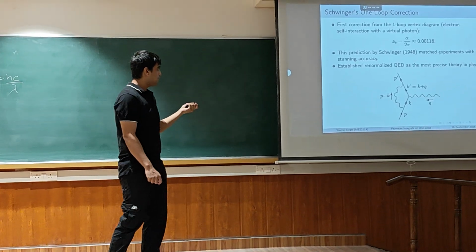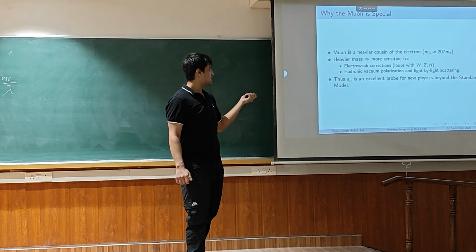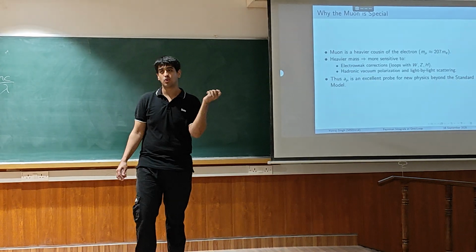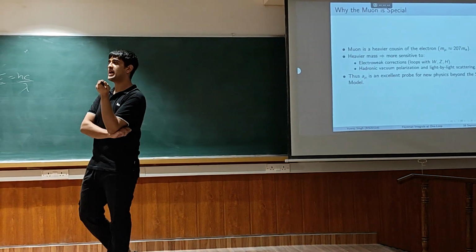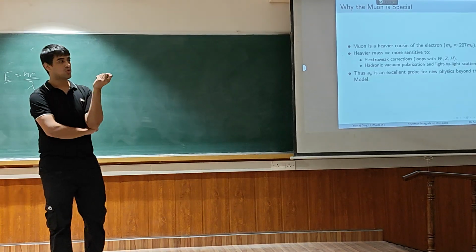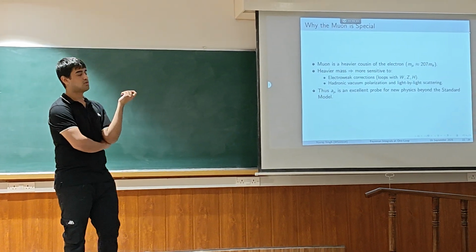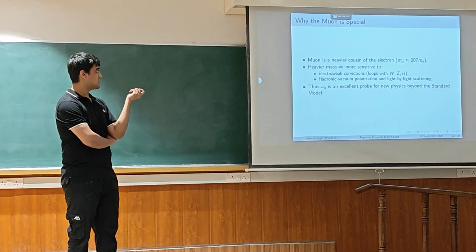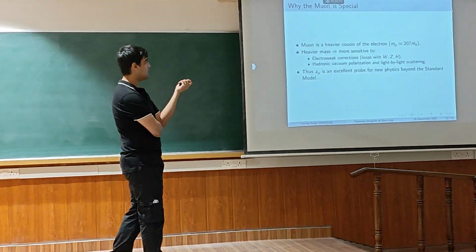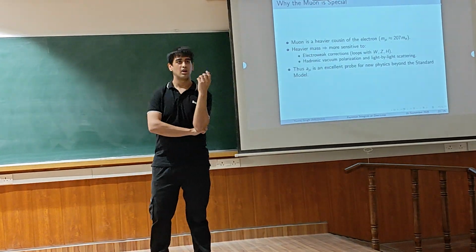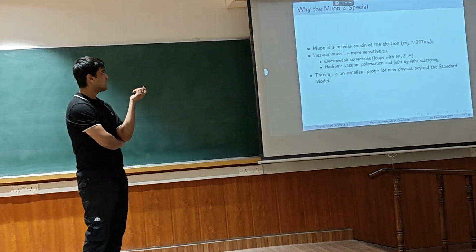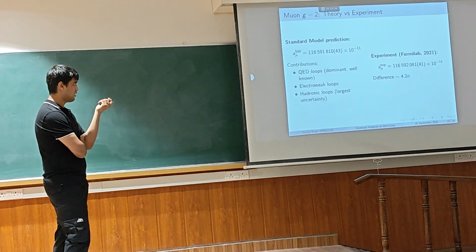The second order correction, the higher loop diagrams, leads to a greater correction when we use a muon, because the second order correction is directly proportional to mass squared. So the muon, we know, has almost 200 times more mass. So there would be a greater correction in our energy level, and thus we see a better test of our perturbation theory. For the case of the electron, it's almost negligible.